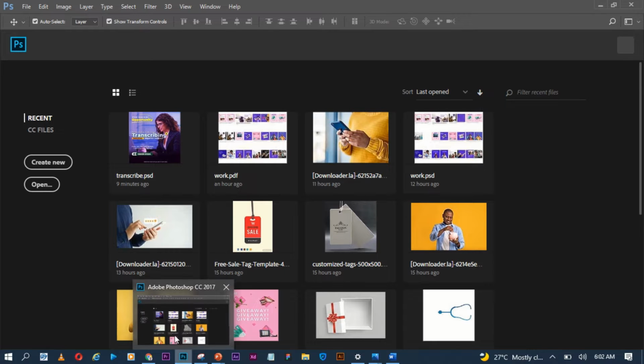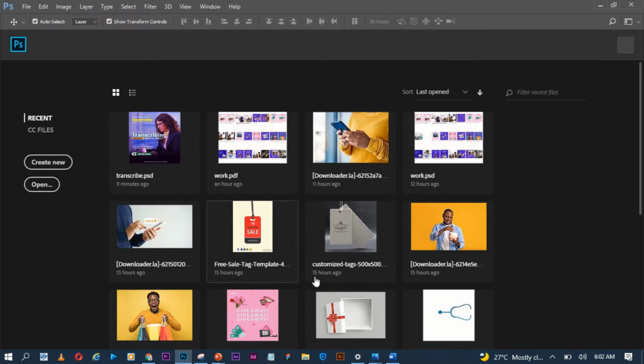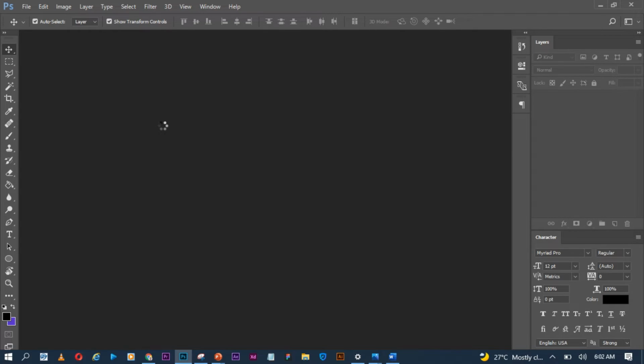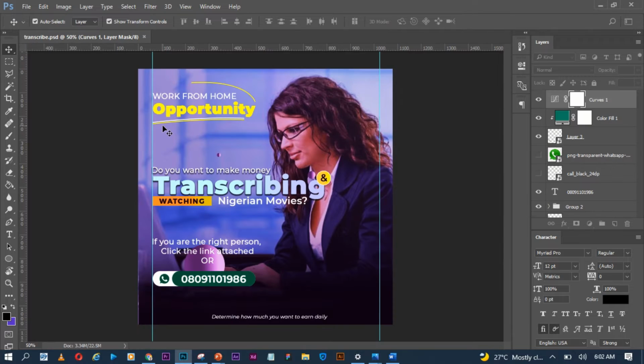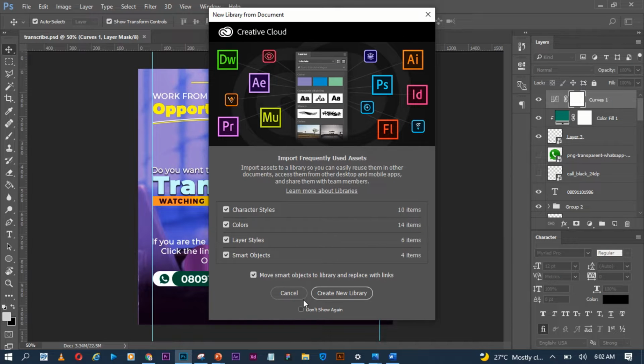Okay, so when you open Photoshop, especially when that Photoshop has been used over time, you will see some other works that have been done with that Photoshop. So these are, maybe let me just open this. This is one of the works that we've done using this. So if what you see you actually like it,